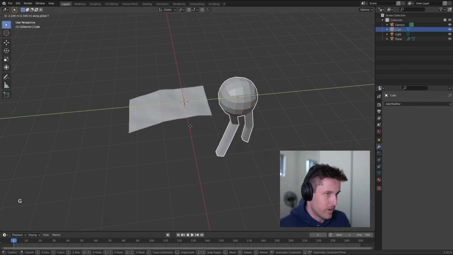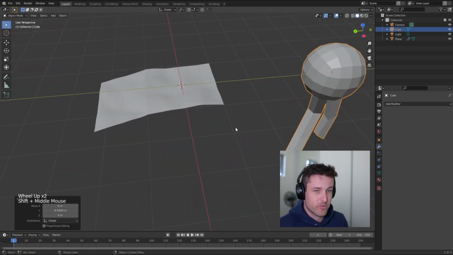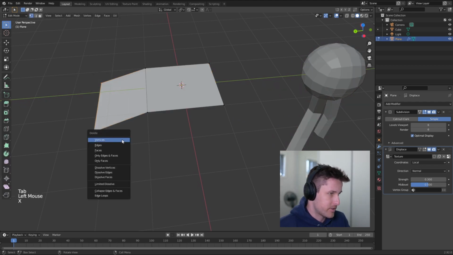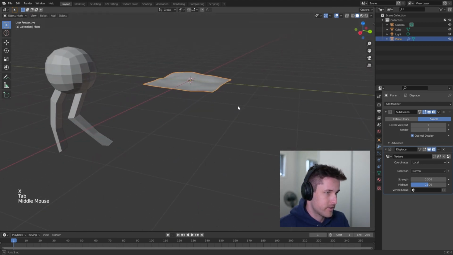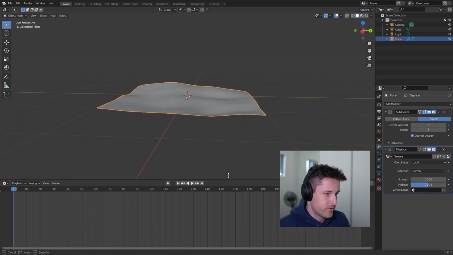Let's go GY, just move that slightly out of the way. And so now comes the really exciting new part that has only just come out with Blender in version 2.92. So if you have a previous version, this won't be available. I'm just going to delete those vertices. So we work with just our plane. So if we drag this up,